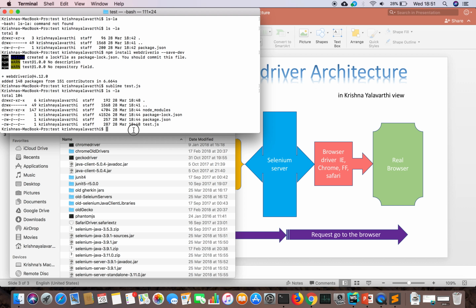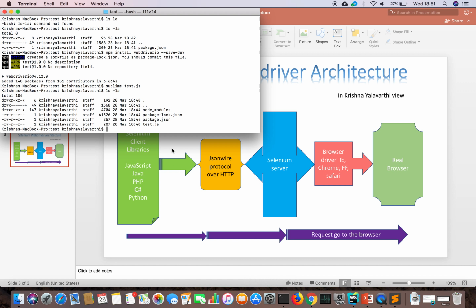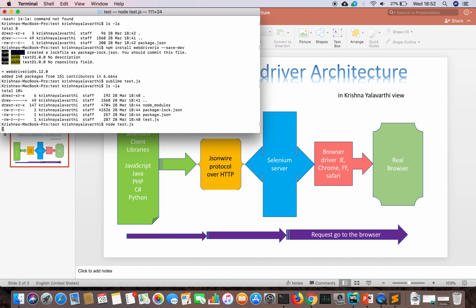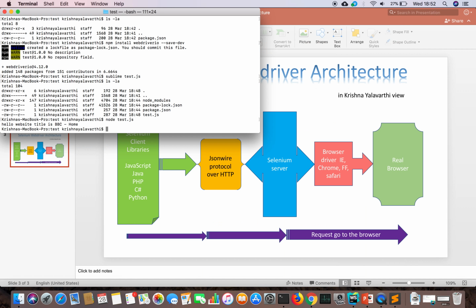So now, if you go back to our client library, the code is available, the Selenium server is available, and the browser driver is available in the path. I need to run the real driver. Let's see how it runs. Let's run it: how to run a JavaScript file in node, node test.js. Okay, the browser opened, visited the BBC site and printed hello website,